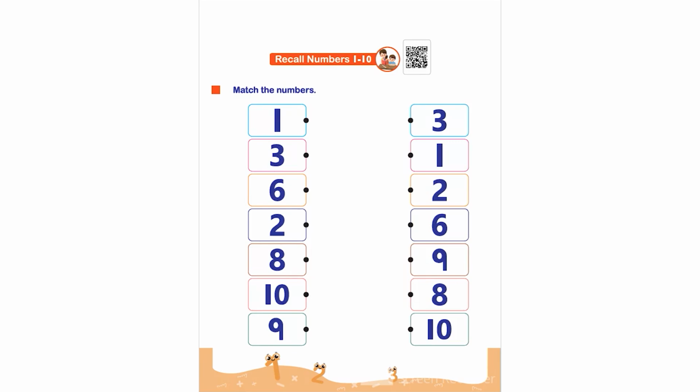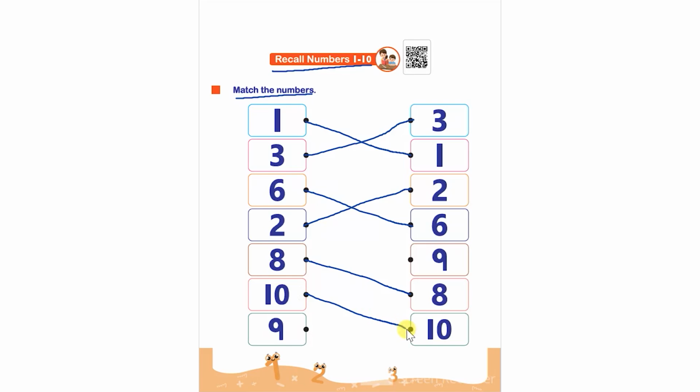Hello everyone. In this worksheet, the topic is recall numbers 1 to 10. Match the numbers. So here the child has to match the numbers. So 1 with 1, 3 with 3, 6 with 6, 2 with 2, 8 with 8, 10 with 10 and